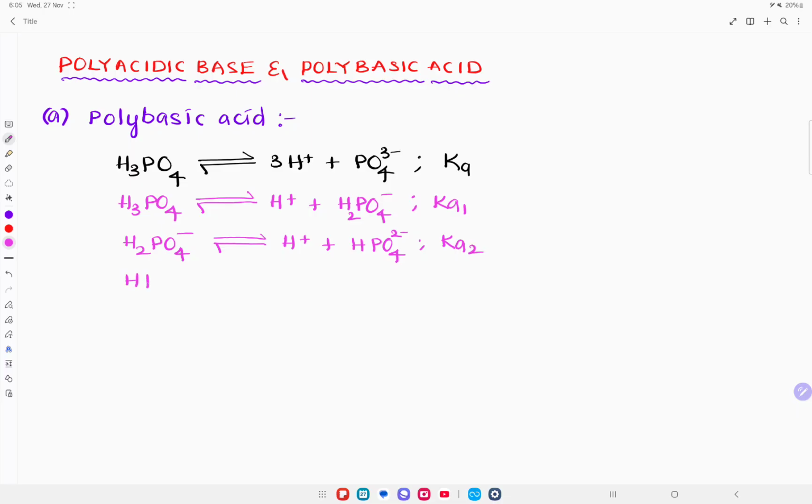Now hydrogen phosphate on dissociation gives H plus ion and phosphate ion, PO4 3 minus ion. For this, the acid dissociation constant is Ka3. Thus phosphoric acid is a tribasic acid. So if you compare Ka with Ka1, Ka2, Ka3,